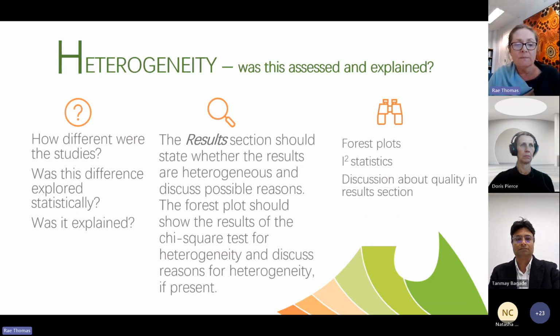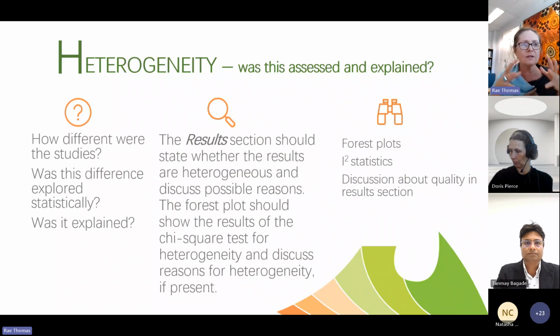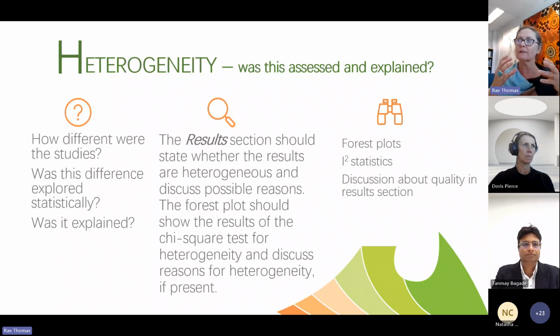And then we come to the variability of the intervention effects of the included studies. Now that's called heterogeneity. What that means is that a systematic review is about synthesizing different studies. And when they have summarized the results of those studies, have they thought about the variability in the intervention effects in those studies? Because even though studies appear to potentially measure the same outcomes, it's actually how the studies were conducted that really influences the results, because not all studies are created equal.